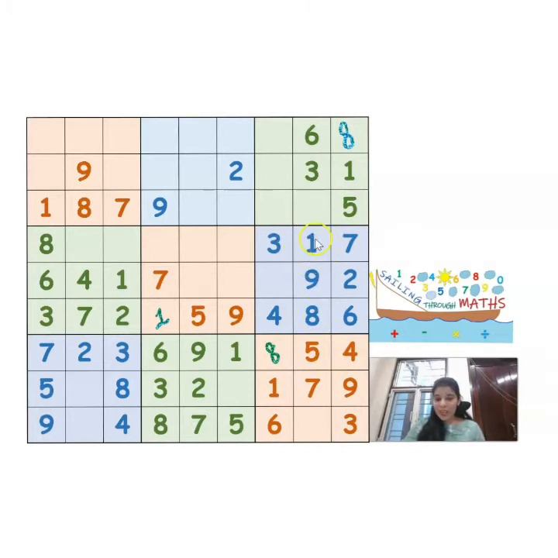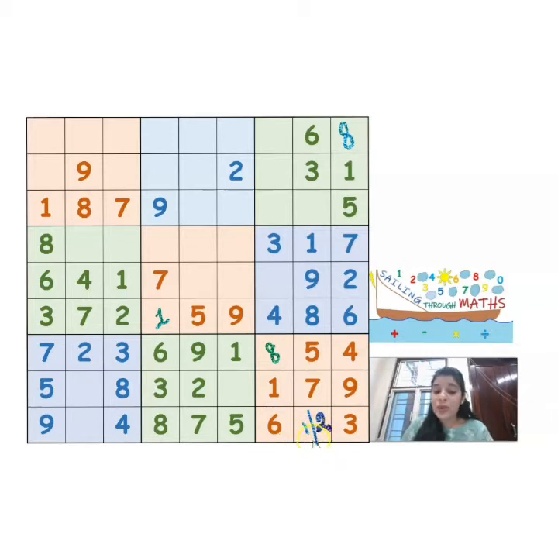So I can clearly not place number 1 here, right? The 2 options for this cell are 1 and 2, but why can I not place the number 1 here? Because 1 is already present here. If I write number 1 here, then I am going to break the first law of Sudoku, which says that in each row and in each column, no number repeats itself.